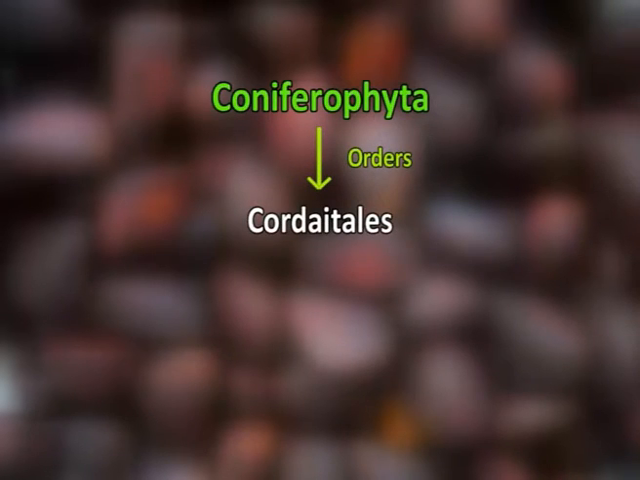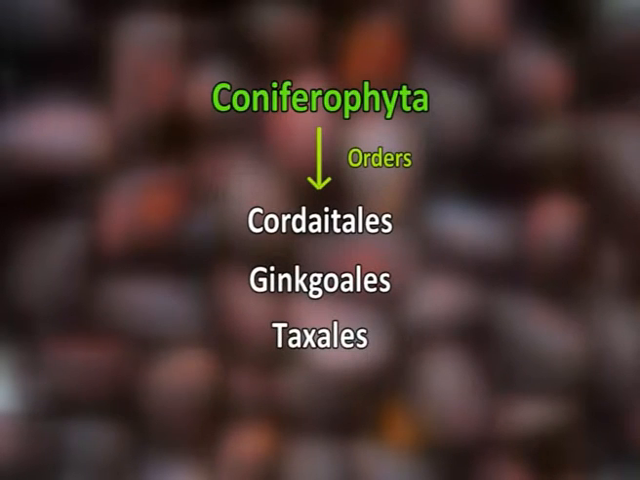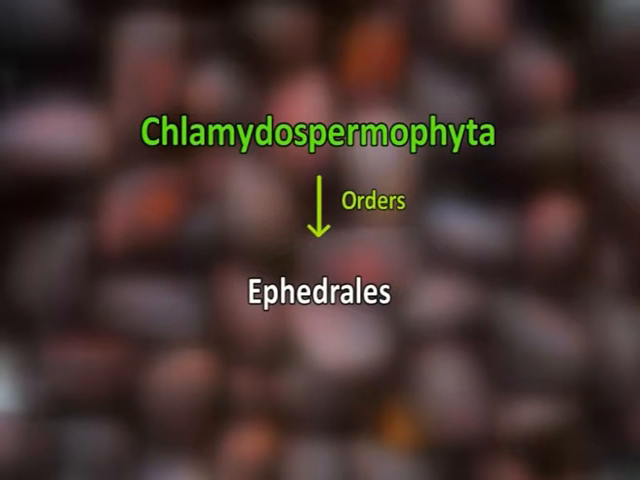Phylum Coniferophyta was divided into 4 orders, namely 1. Cordiatales, 2. Gingoales, 3. Taxales, and 4. Coniferales. And the 3rd phylum, that is Chlamydospermophyta, was divided into 2 orders: 1. Ephedrales, and 2. Gnetales. Making full use of all the available evidences, an elaborate and broad-based classification of gymnosperms was